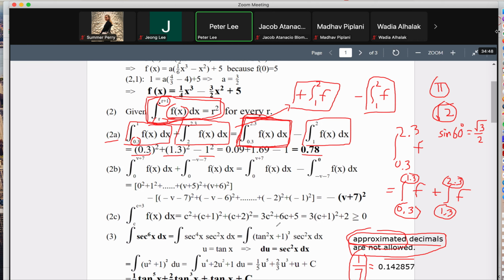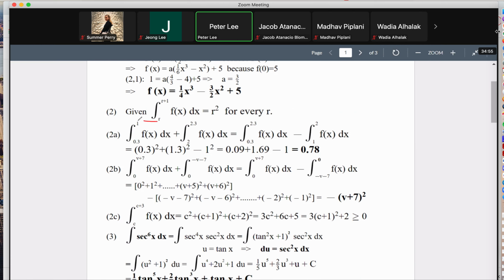So anyway, the question in part 2 is basically, did you go from here to here? Let me clear this. Once you come to this right here, for those of you who got up to here, of course, you do get the final answer. The rest of it is very easily understood. So going from here to here, the first step, that would be the problem. Again, in this case, function f of x is an unknown function,